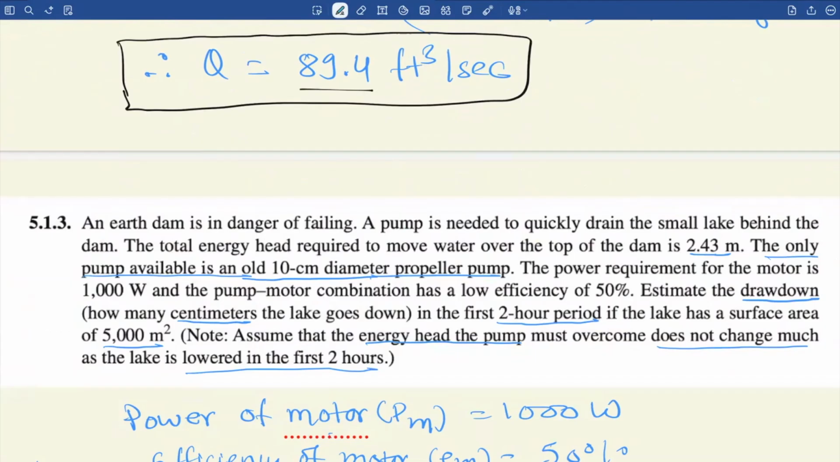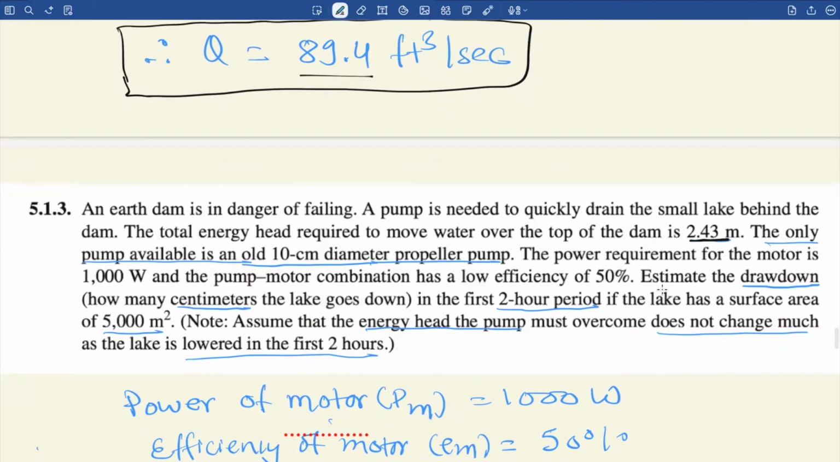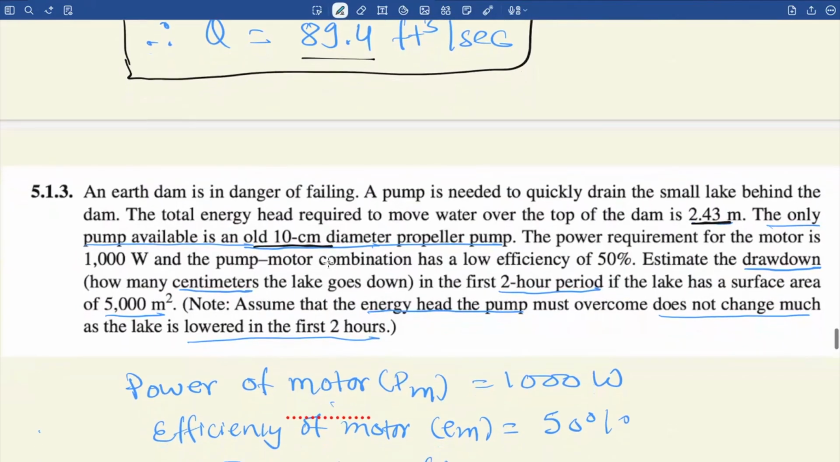So now let us jump into question number 3. I will first read the question. An earth dam is in danger of failing. A pump is needed to drain the small lake behind the dam. The total energy head required to move water over the top of the dam is 2.43 meter, and there is just one pump available, which is a propeller pump with a 10 centimeter diameter,